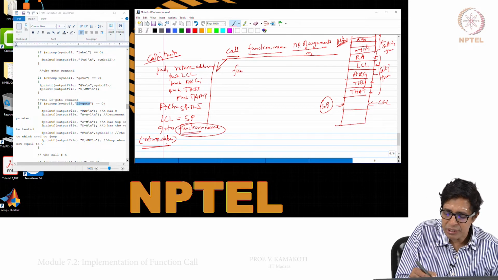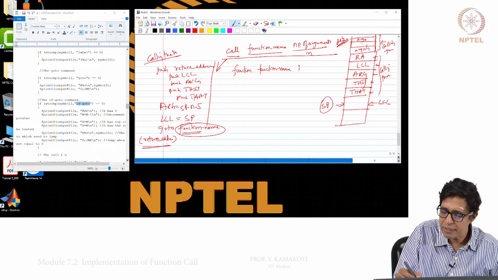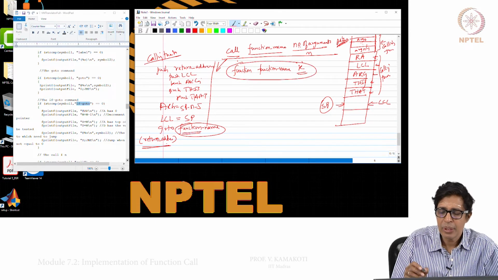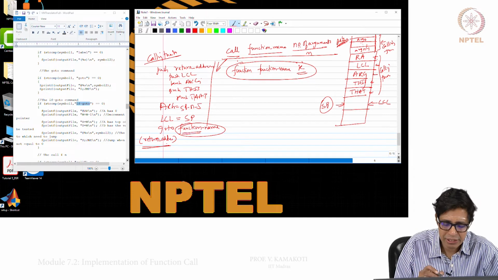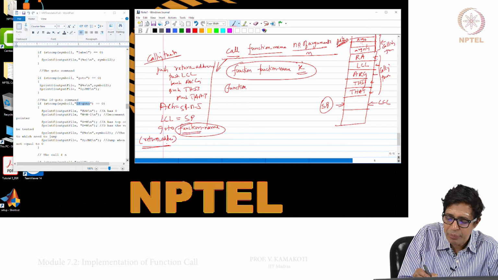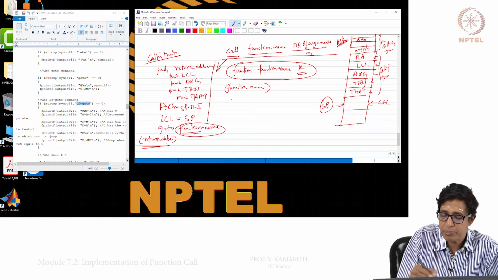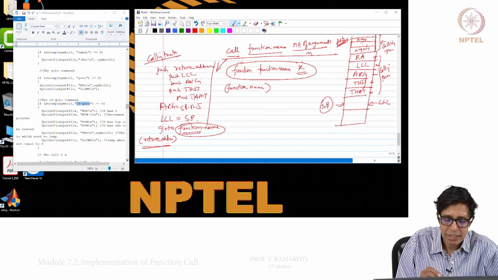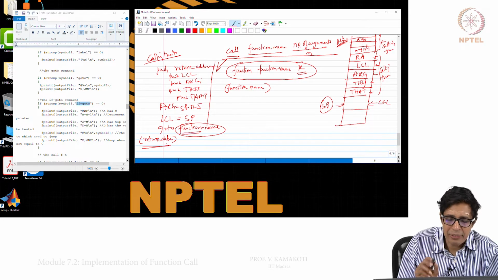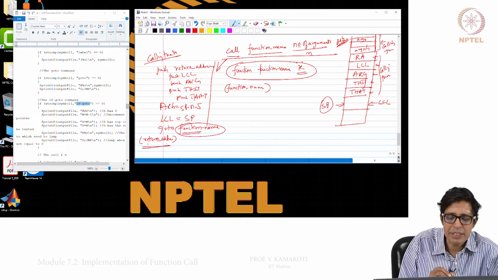So, if I have a function, how do I declare the function? I say function, function name, and there are k local variables for this. Anybody who wants to execute this function, who calls this function, will execute go to that function name, right. So, the entry point to this function will always be the name of that function. So, I can say function name within parenthesis. If I say go to function name, essentially I go and jump onto this function. The assembler will take care of this, because the go to statement we have already seen.